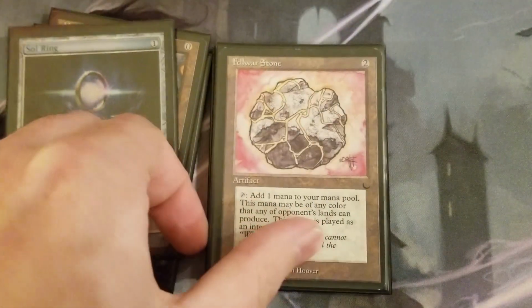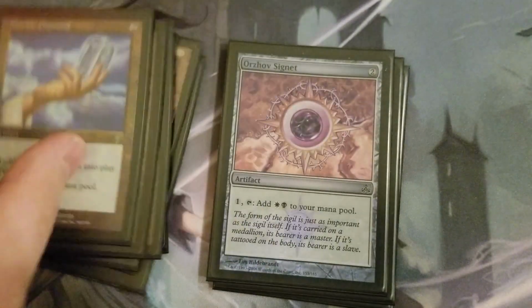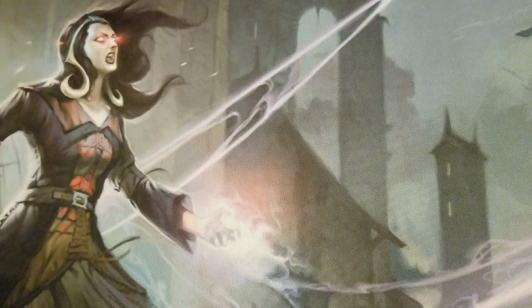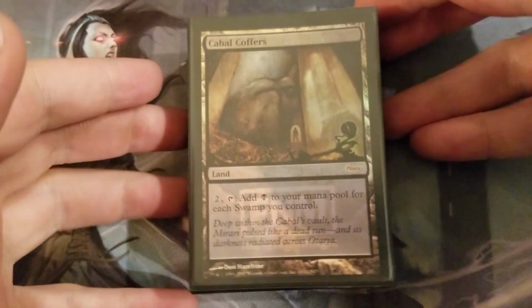For the broke starts, we have the Fellwar Stone, and my favorites being the 3 diamonds and the 3 signets. So 10 rocks that can help get her out on turn 3 if possible, and a Mox Amber. Finally, we have lands. There are 37 lands in the deck, one of which does not initially tap for mana,